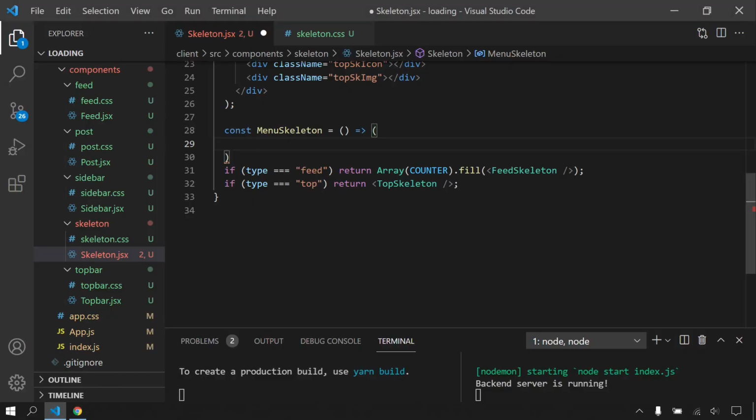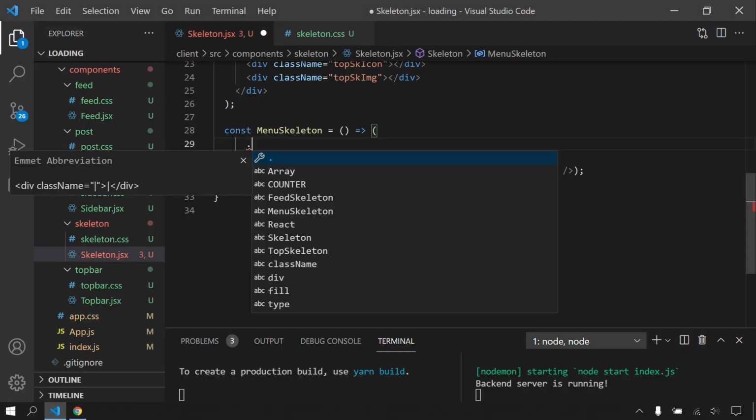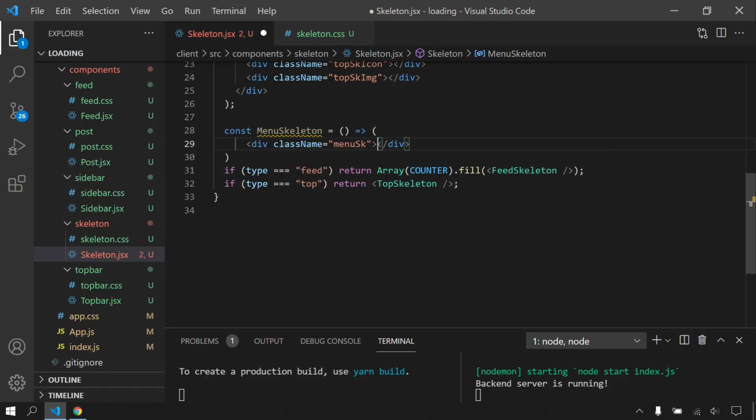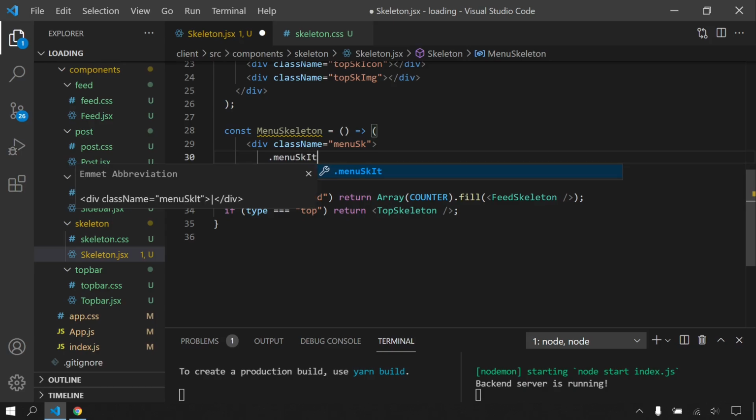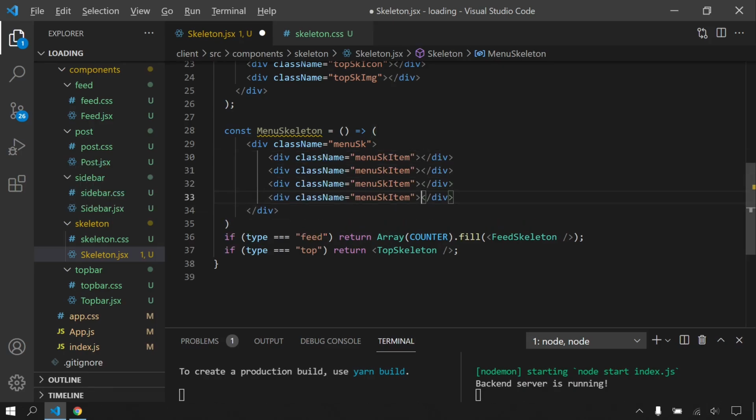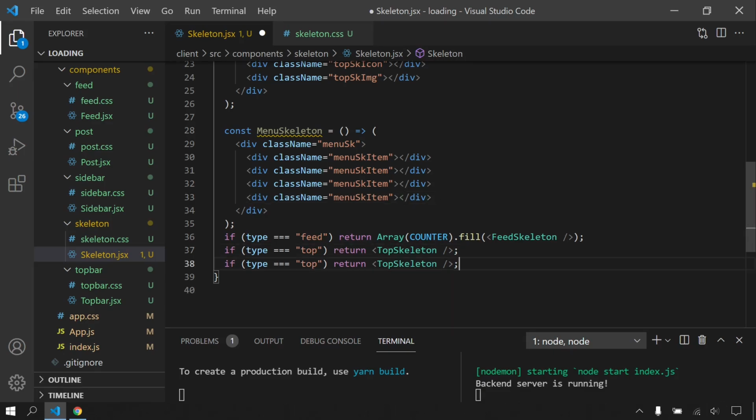It's really easy. I will say menu sk is gonna be my container, and after that menu sk and item. There will be 4 items, and here I will duplicate, and if it's menu, it's gonna call menu skeleton.